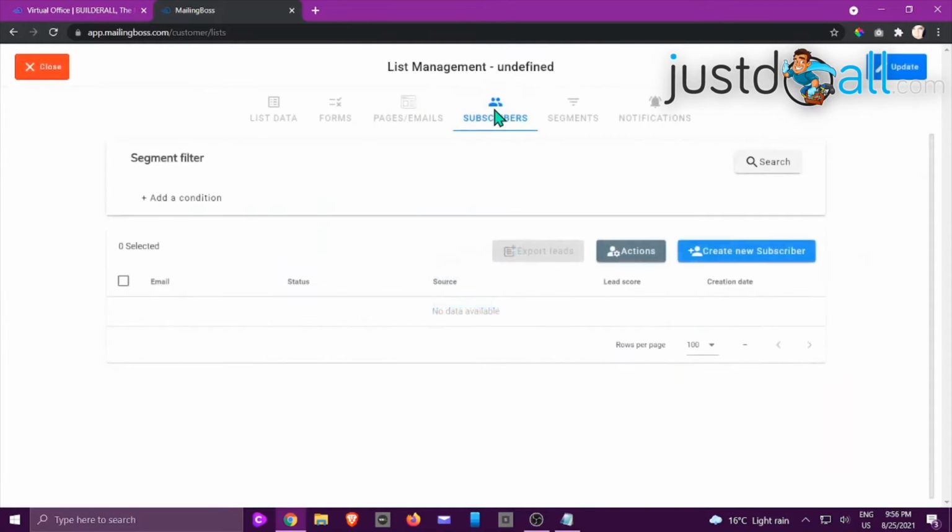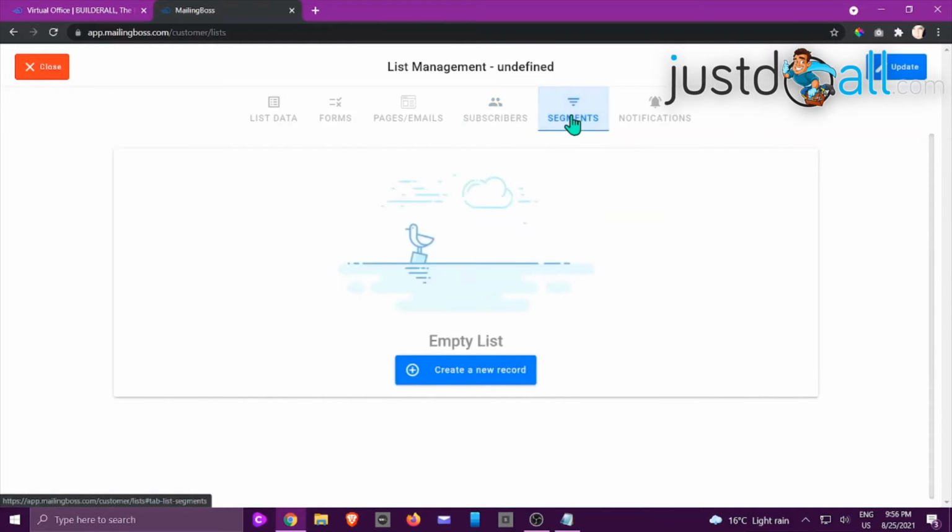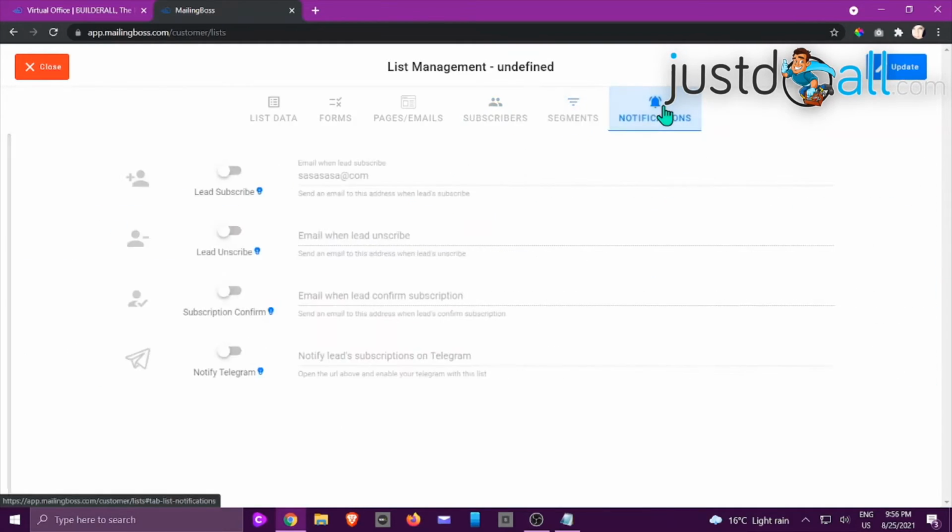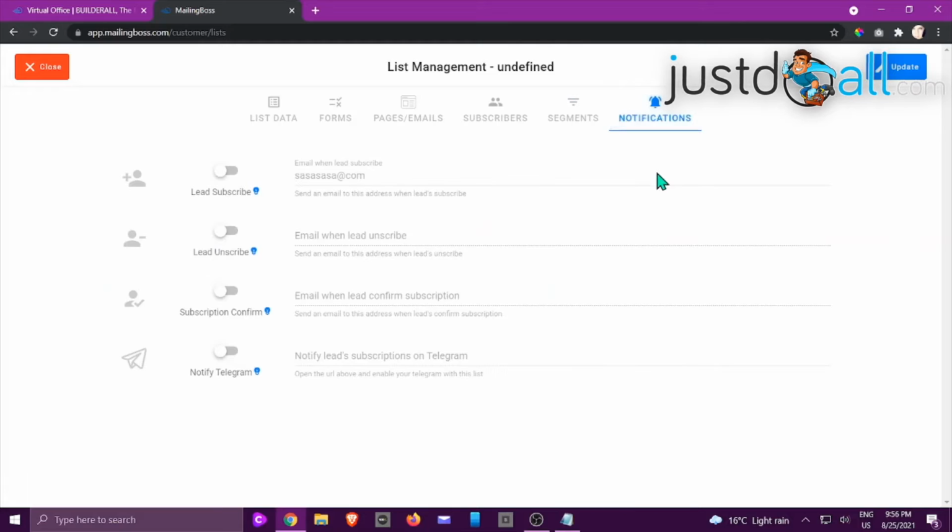Next is subscribers. If somebody has subscribed to your email, you'll see your subscriber list, people sitting right here. This is where you're going to segment your list, and this is where you're going to create the notifications once something has happened on your site. You would be able to be emailed so that you can be